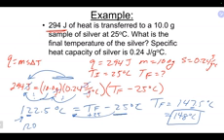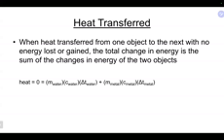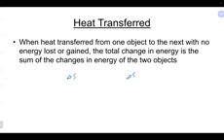So another very common specific heat situation that we come across is the idea of heat being transferred from one object to the next. And in this formula here, the C is specific heat capacity, so that's the same as S in this equation here. But what happens in a situation where we have something that is higher in temperature than something else, and we put them together? We are going to get heat transfer from the hotter situation to the colder situation. And for example, like the experiment you're going to do on Wednesday, and a very common one is,